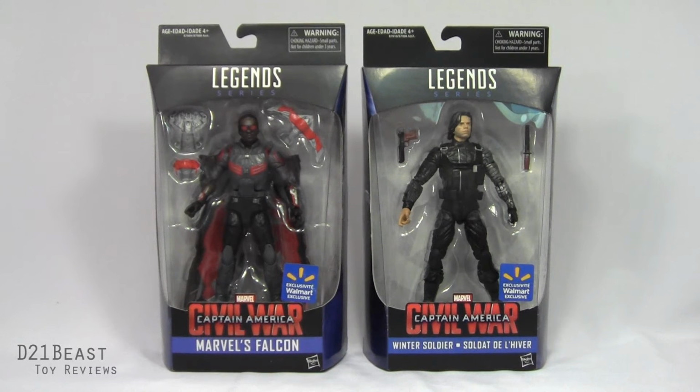And today we're taking a look at the Marvel Legends Walmart exclusive Civil War Falcon and Civil War Winter Soldier